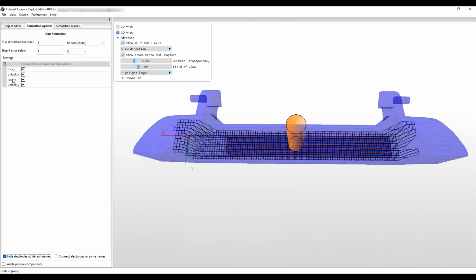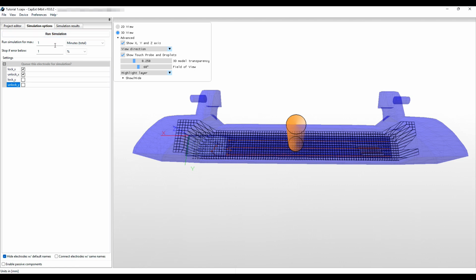And conversely, with lock Y, you find the capacitance between lock Y and every other electrode on the board. It also does self-capacitance, actually. Now, the lock sensor is the touch sensing circuit measuring the capacitance change between lock X and lock Y. So we don't have to do both of them. Lock X versus lock Y and lock Y versus lock X is exactly the same result. So the Y electrodes we can take out since they're not going to provide any additional information and just add to our simulation time. So now that we've concentrated on lock X and unlock X, we go to